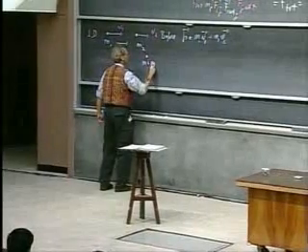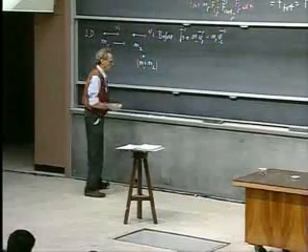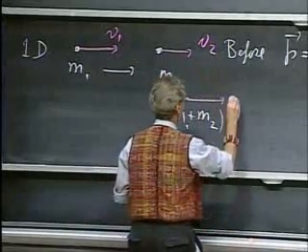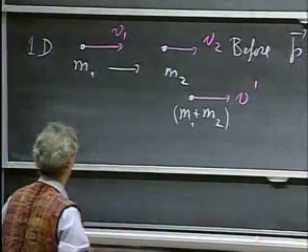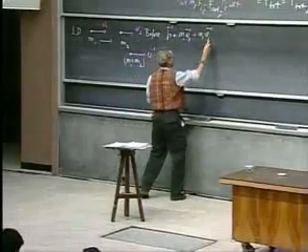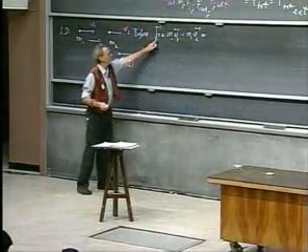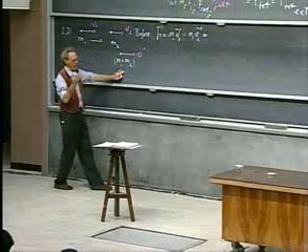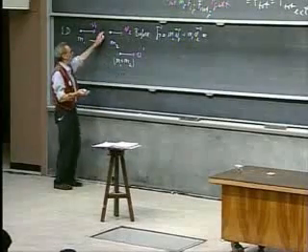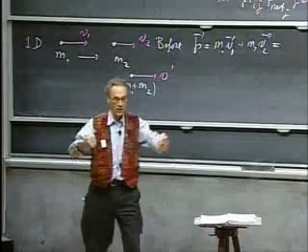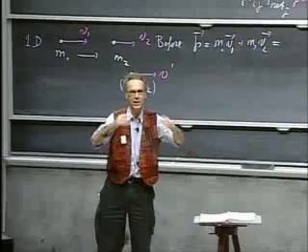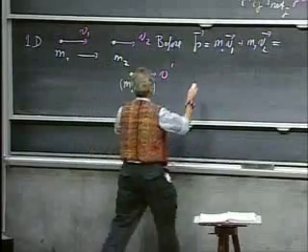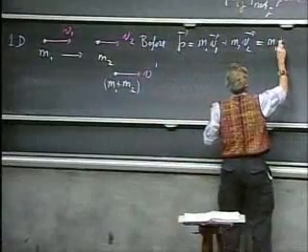When they stick together, their total mass is m1 plus m2, and their velocity happens to be v prime. We often give a prime to the situation after the collision occurs. Now I can apply for the first time the conservation of momentum. The momentum before must be the same as the momentum afterwards, because there are no external forces on the system. When they collide, you better believe there are internal forces; you better believe there is glue, and it goes plunk, and they feel those forces, both of them. The momentum of each one individually is changing, but not the momentum of the system as a whole. And so this equals m1 plus m2